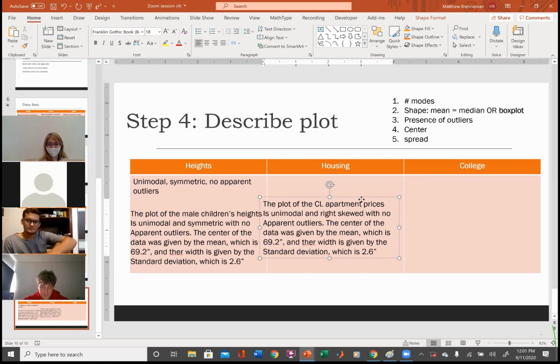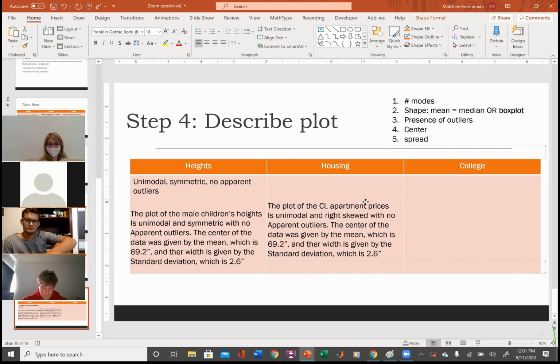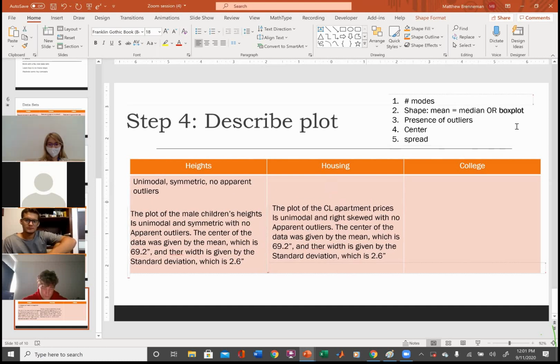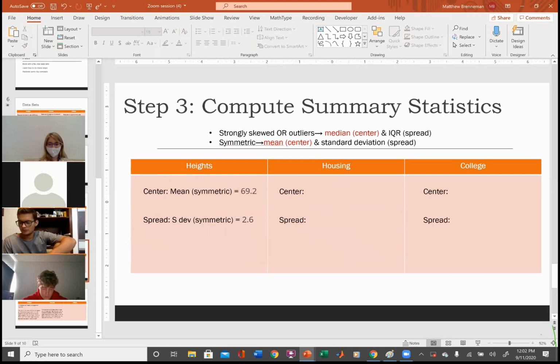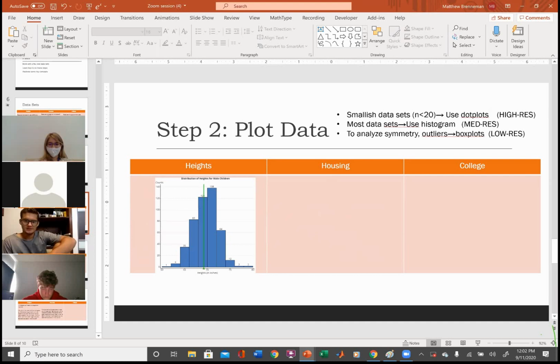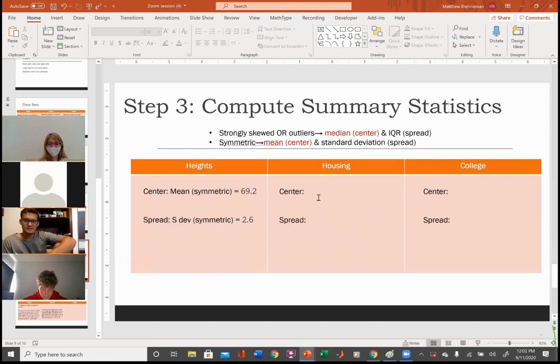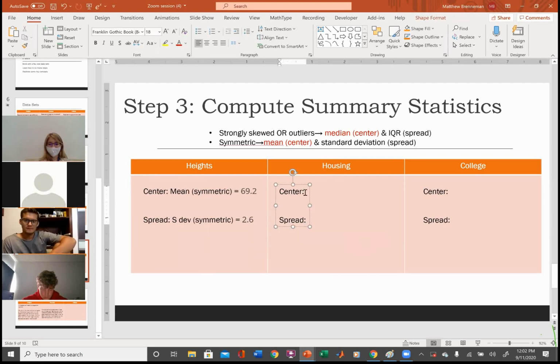Now, what should I use? Should I use the mean and standard deviation or the median and the IQR? Median and IQR. Yes, why? Because it's right skewed. Bingo. So here, I'm going to use the median because I have skew.